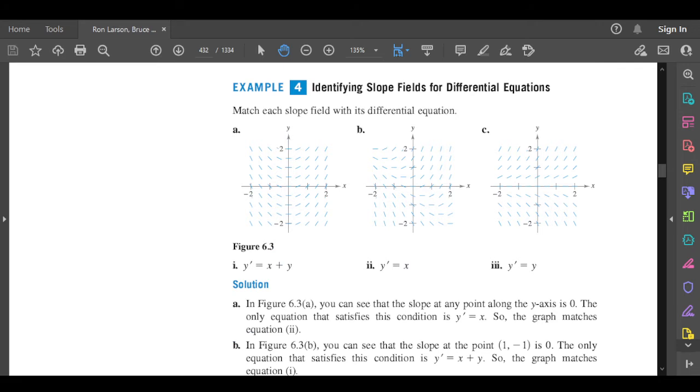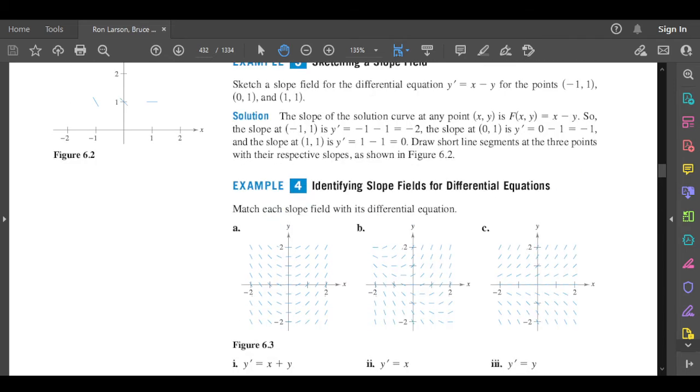Okay, so example number 4. Match each slope field with its differential equation. So kini, walang kita gawa ng solution. Asa man kahaani ang solutions? Kining letter A. Asa man ani ang iyang differential equation. So ato sa mga whole numbers, mga dali ra ma-identify ng mga numbers. Like, for example,